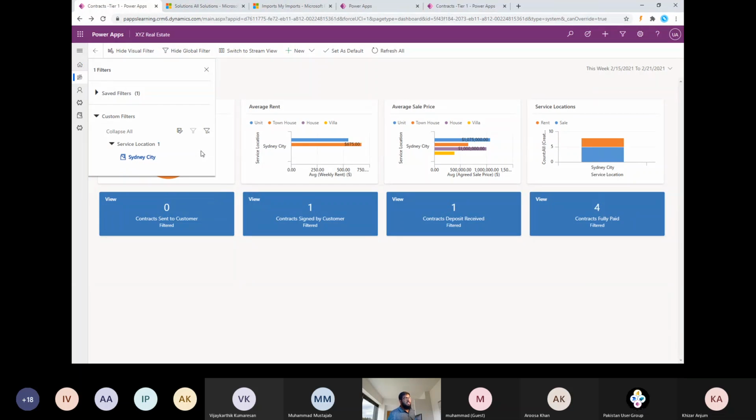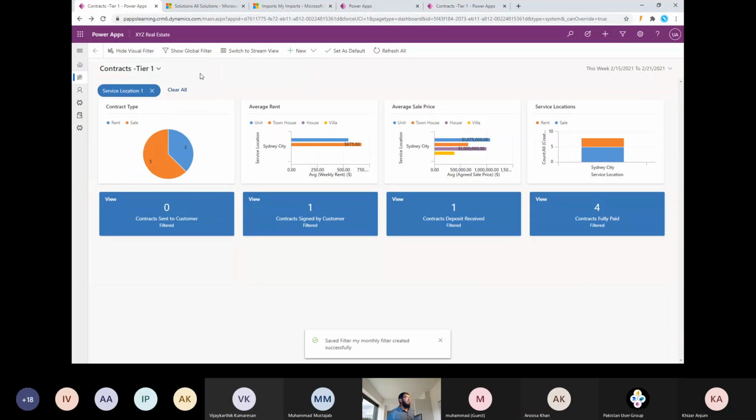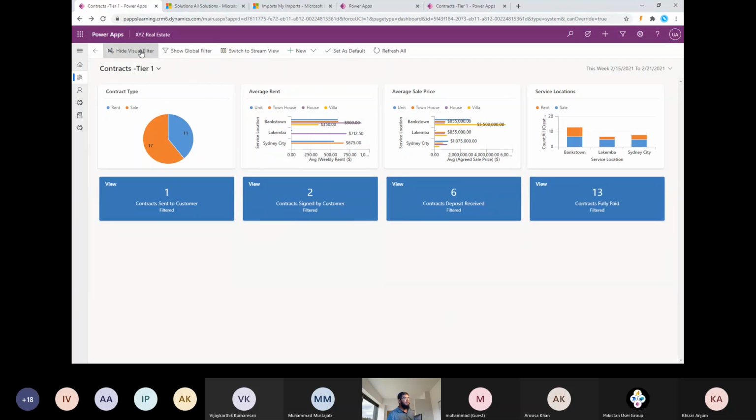And it will store in the system. Next time when I want to see, I don't have to drill down by the graph. I can say, okay, go show my filter, and I can just click on it and it will only filter on whatever the criteria is. So this is